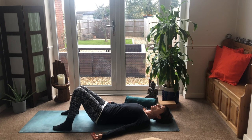Make that the last round of 4-6 breathing, and then start to change that pattern to breathing in to a count of 4 and breathing